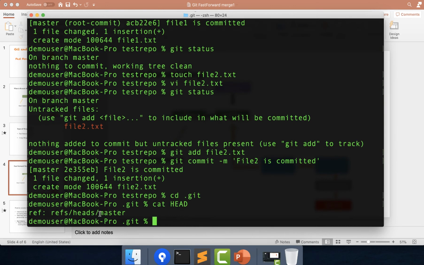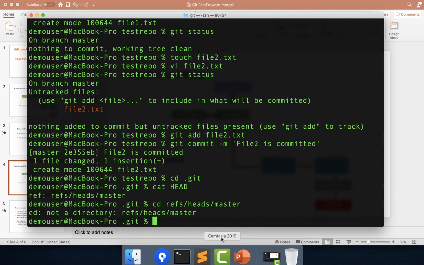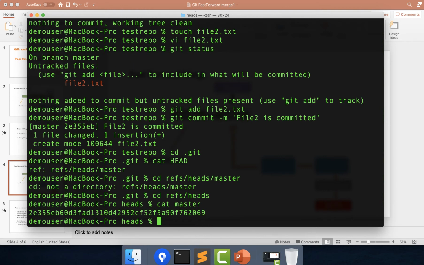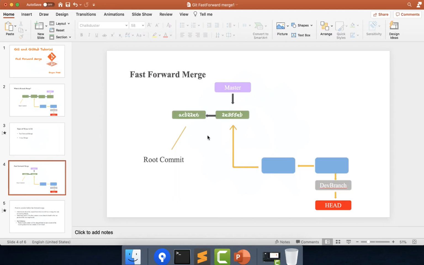You can see it is initially pointing to master, and if I go to this location, you can see it is pointing to this particular commit, 2E355EB, which is this one. So we are on the right track, which means two commits are made and the master is pointing to the last commit on the original branch.